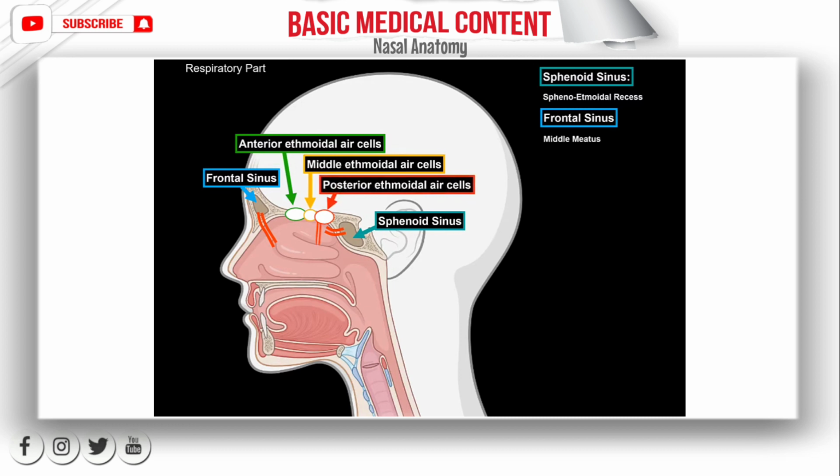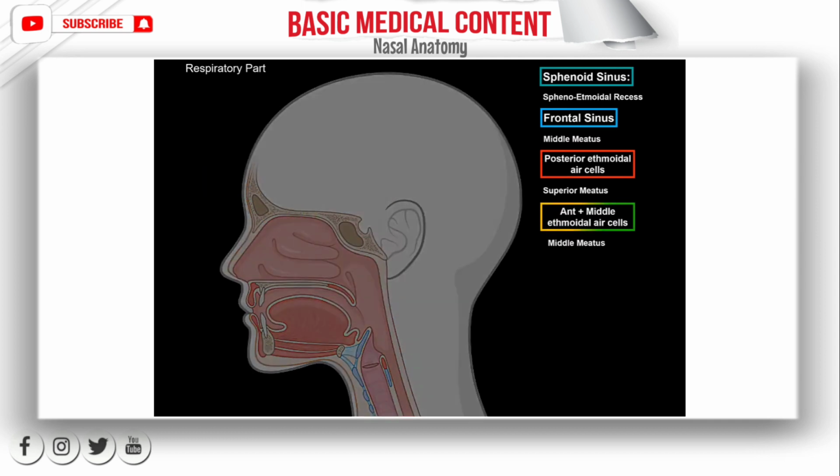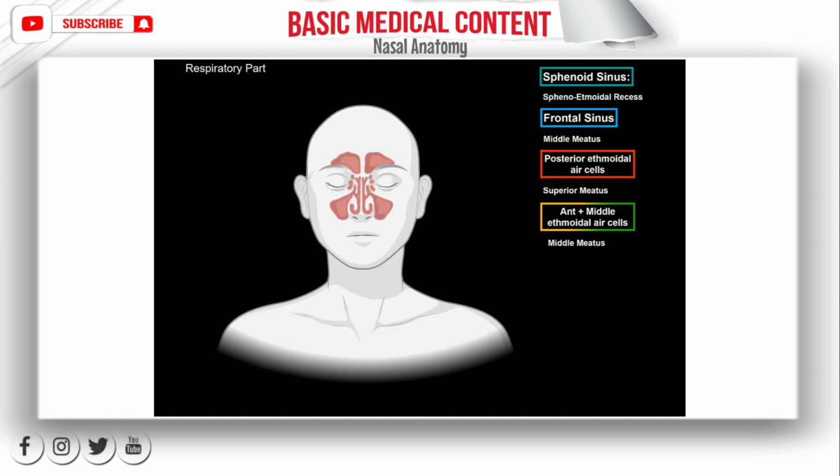The posterior ethmoidal air cells will open into the superior meatus, while the anterior and the middle ethmoidal air cells will open into the middle meatus. So again, posterior ethmoidal air cells into the superior meatus, and anterior and middle into the middle meatus. Now, if you look at the anterior view of the sinuses, you will see another sinus which is not visible in the lateral view. And this one is the maxillary sinus, which drains into the middle meatus, as you see